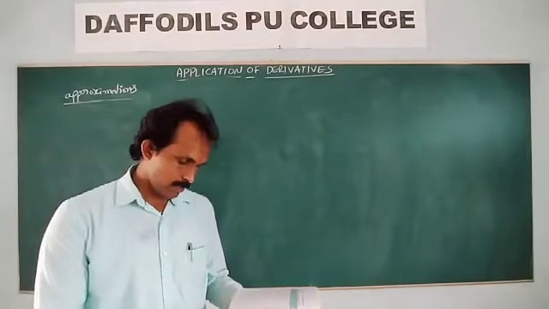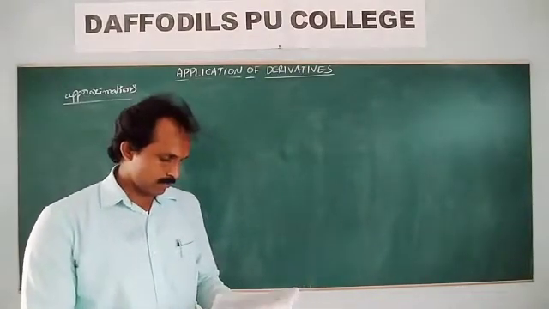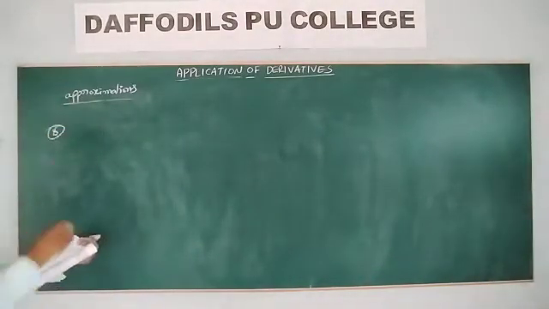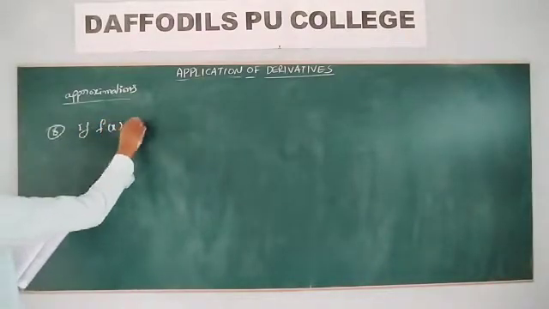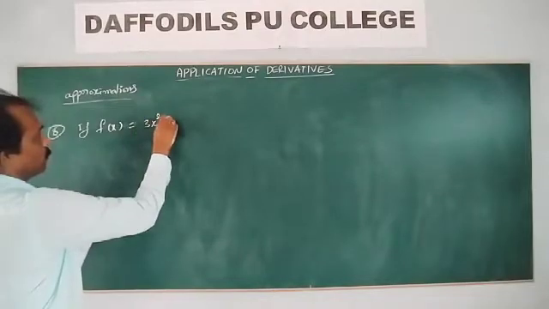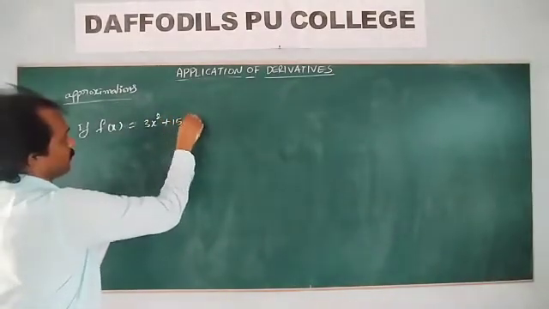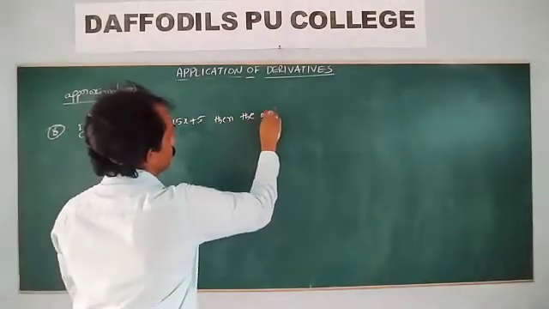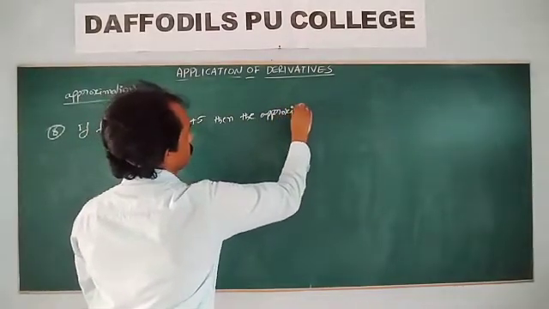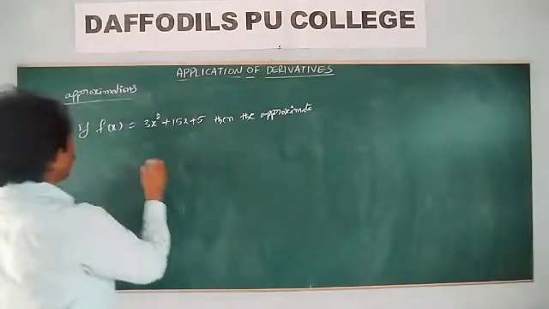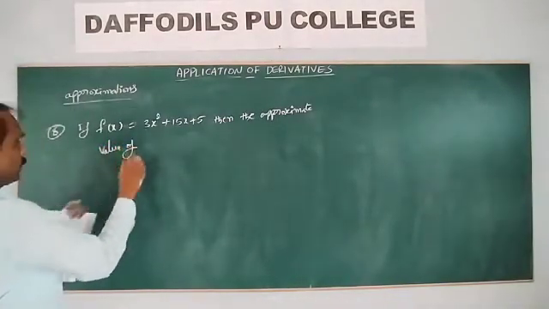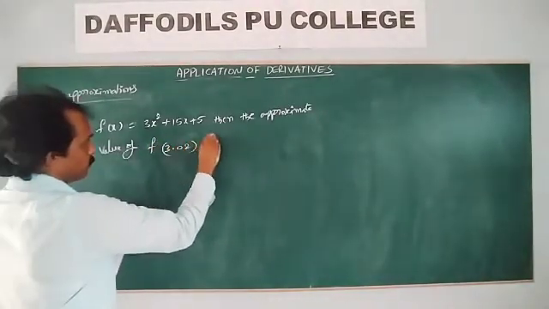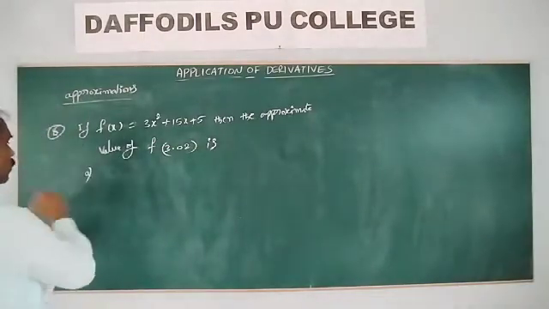Next, eighth question. If f of x is equal to 3x square plus 15x plus 5, then the approximate value of f of 3.02 is, okay, option A, multiple choice questions,